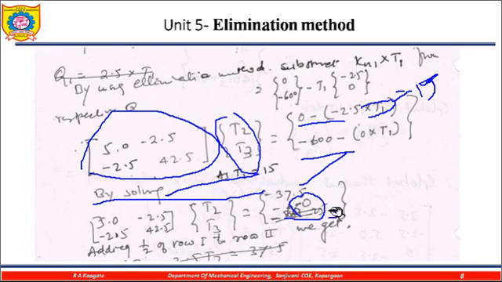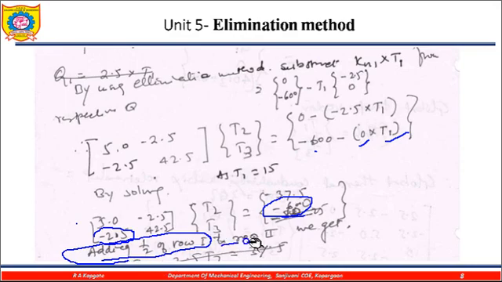So 15, this one is 585, but no, sorry, this one is not 585, because this is 0, so 15 multiplied by 0 is 0, so there is 600, and the value is minus 600, remaining as it is. Now we need to make this term 0. So what we did is take half of the row 1 and add it here. So adding one half of row 1 to row 2.